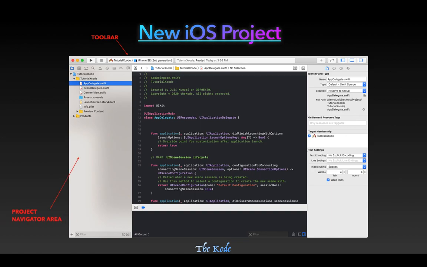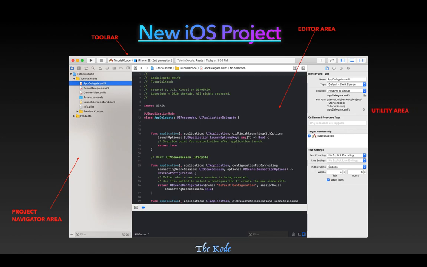The next is the project navigator area. Under this area you will have options to navigate through all the files which are there in your project. The middle section is called the editor area. The file which you have chosen under the project navigator area will open into the middle section, which is called the editor area, to work upon, whether it is the class file, code file or the design file. Whatever file is selected will be open in the middle section.